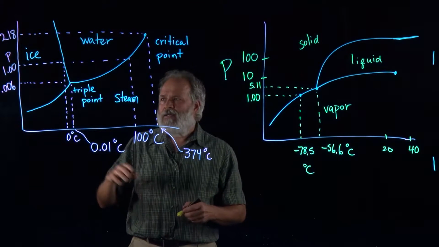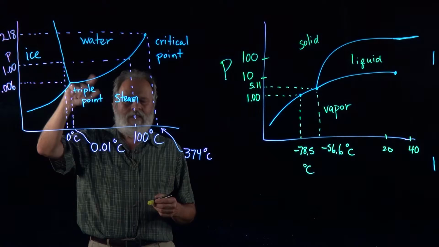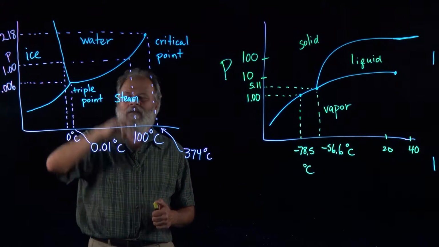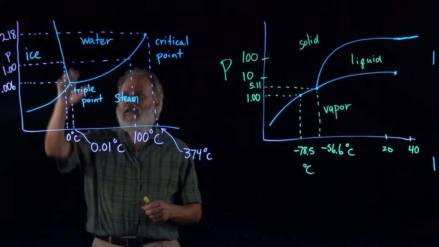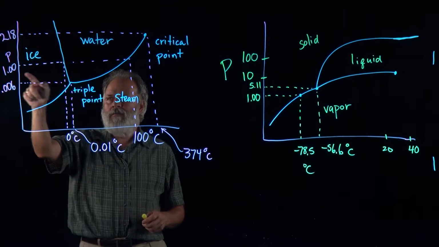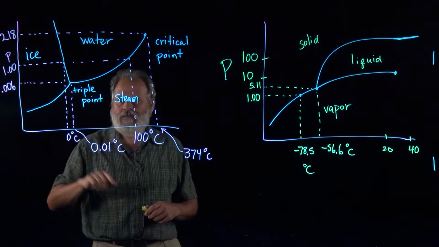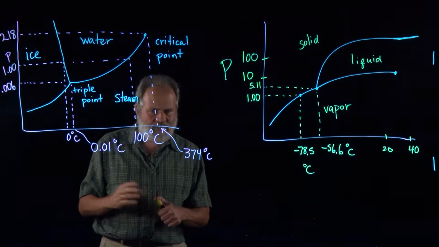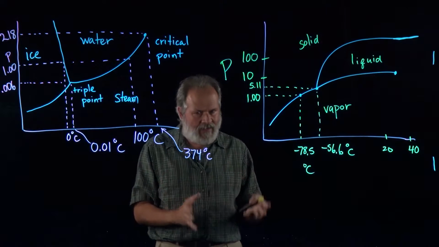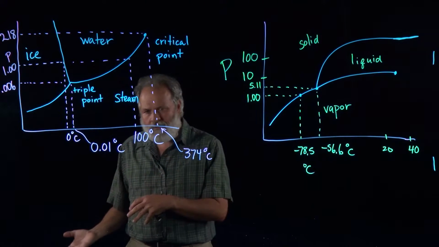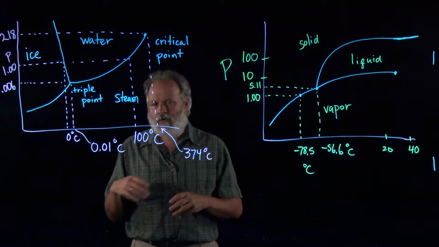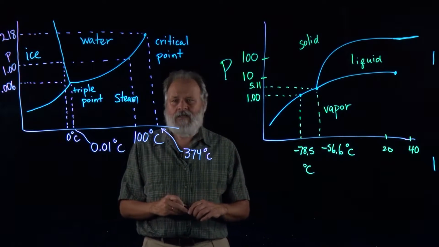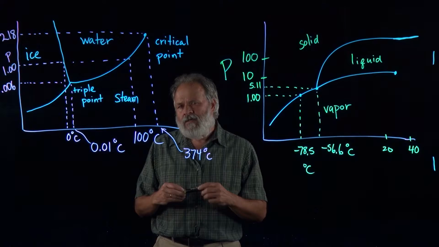When we have liquid water in equilibrium with the solid, that's going to be the solid-liquid curve, where at any point on this curve they're in equilibrium. But at one atmospheric pressure, that equilibrium occurs at 0 Celsius. What that means is you can have ice at 0 Celsius, or water at 0 Celsius, or any mixture of ice and water will be at 0 Celsius, and they won't change from one to the other unless you add